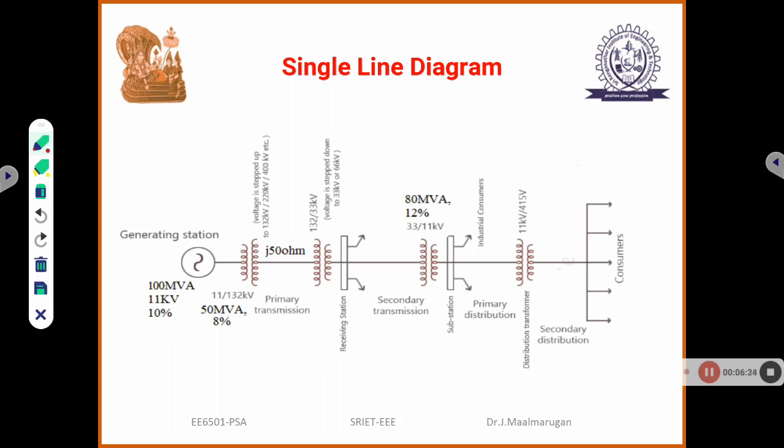So single line diagram, what is a single line diagram? Simply, I said Neyveli is a generating unit. Here Coimbatore is one load unit. From the generation station at Neyveli to Coimbatore or Neyveli to Bangalore, it will transmit the power. How? So this is Neyveli. You can assume this one generator is Neyveli, and the consumer is Coimbatore or Bangalore or somewhere else.